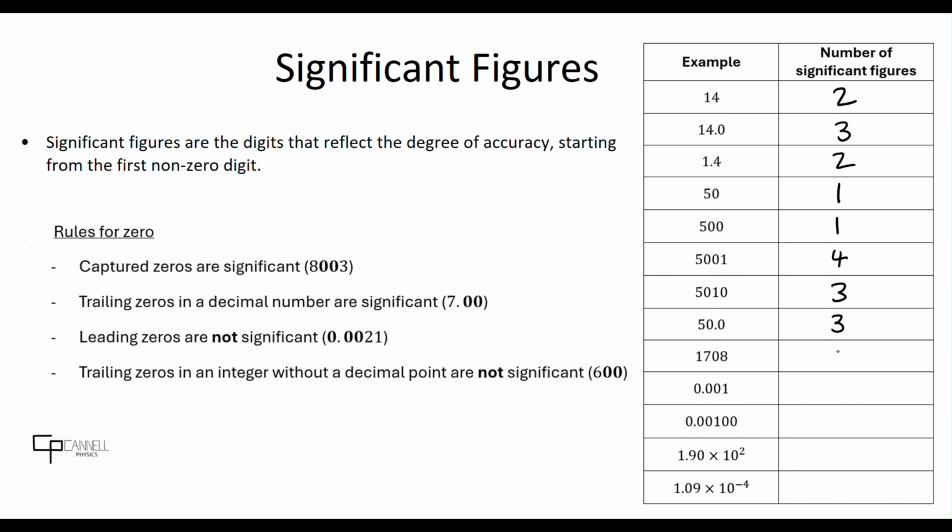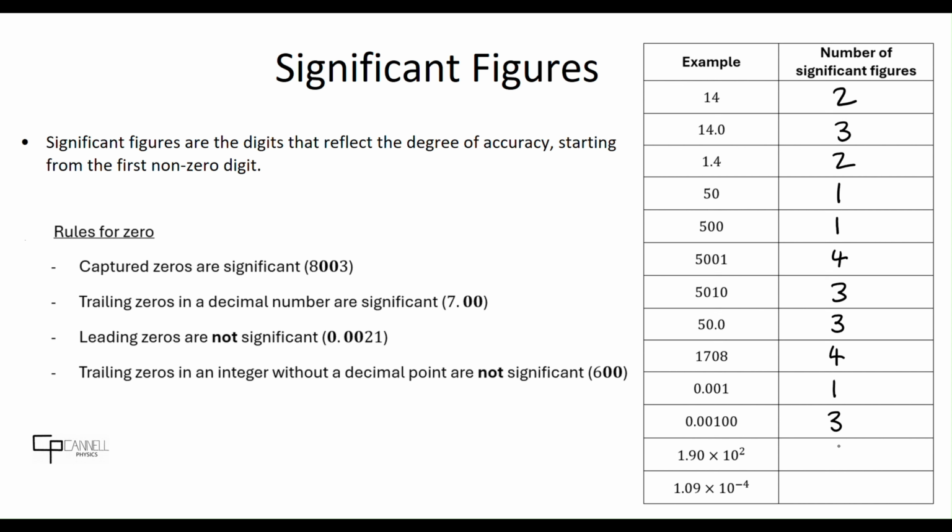1708, the zero is captured, so that's significant, 4 sig figs. Now we've got leading zeros for a decimal, so those are not significant, so that last digit there, the 1, is the only significant figure. But now we have 3 sig figs, because those trailing zeros with a decimal become significant,